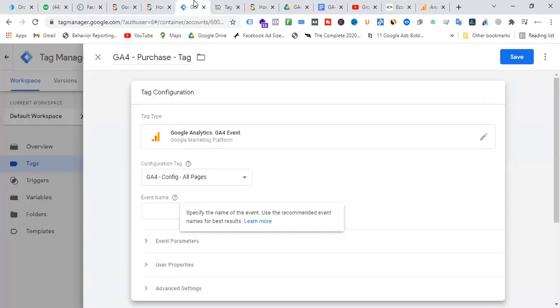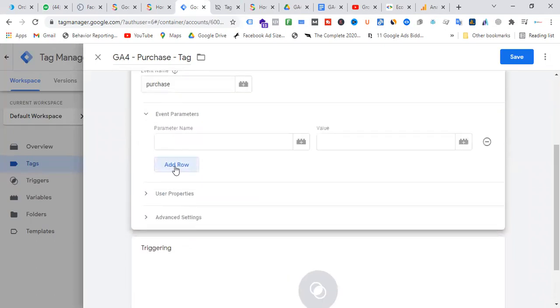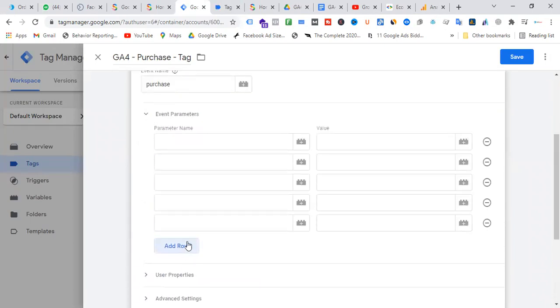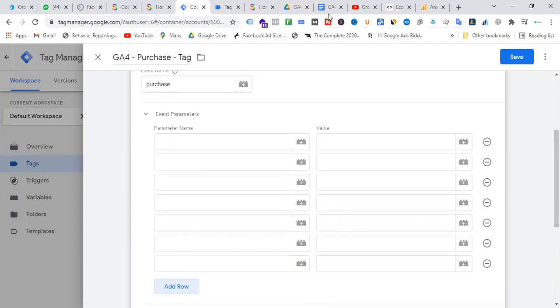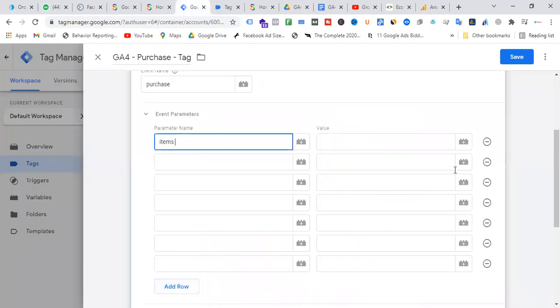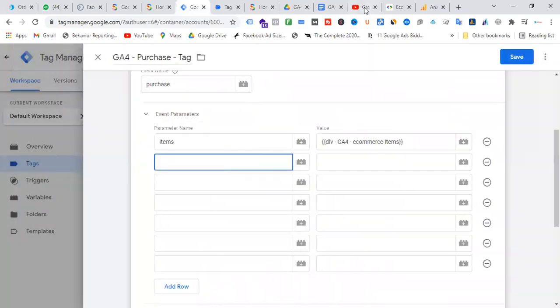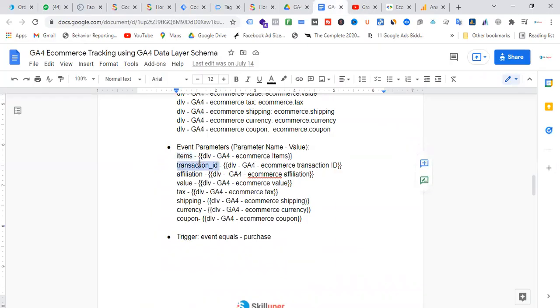We have to use it that way. Naming would be the same. So the event parameter would be, what's the event parameter? Like items. Items means DLV, GA4, DLV e-commerce items.